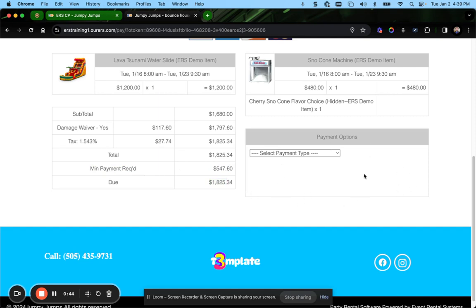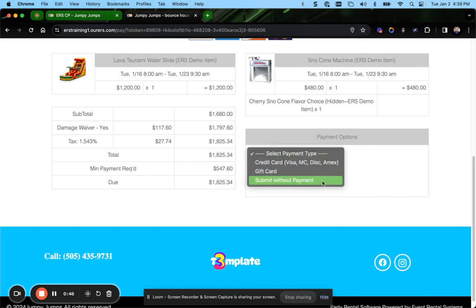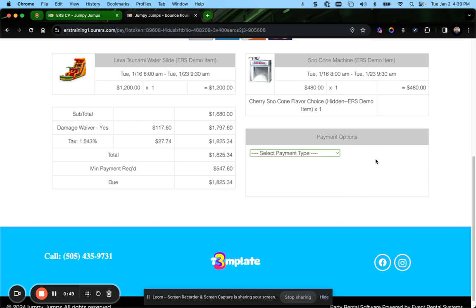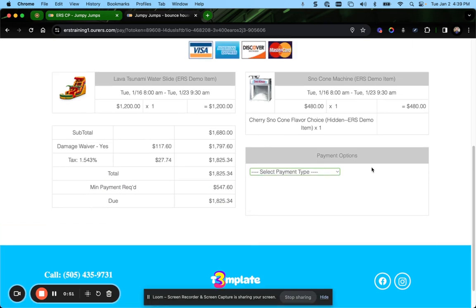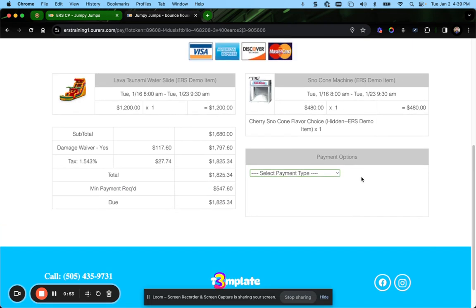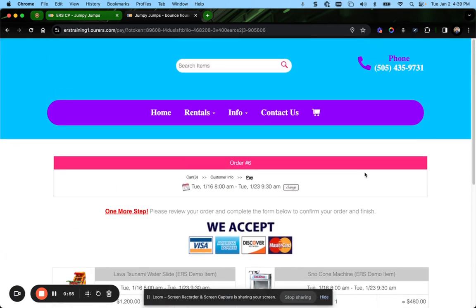And in the bottom right-hand screen, your customers would select the payment type from the drop-down box and use that to submit the order. Now currently, this is just a quote. We've gone through, we placed an item in the cart, filled out all the info. If we exited out of this right now and didn't finish and didn't pay for it, this would be known as an incomplete order. It doesn't show up on the calendar and it's not deducting from inventory because this has